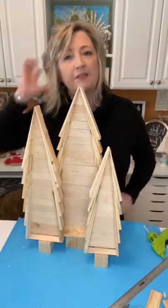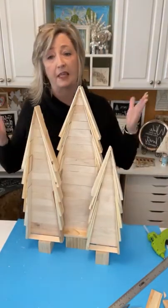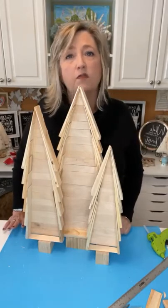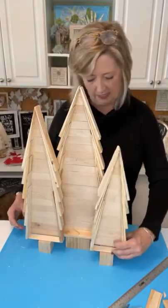But let's talk about the decorations. And the other thing you could do is you could glue all the bottom onto a board or something that would give it even more stability. Shoot, you could make a whole forest of trees. Okay, so some of the ideas that I had